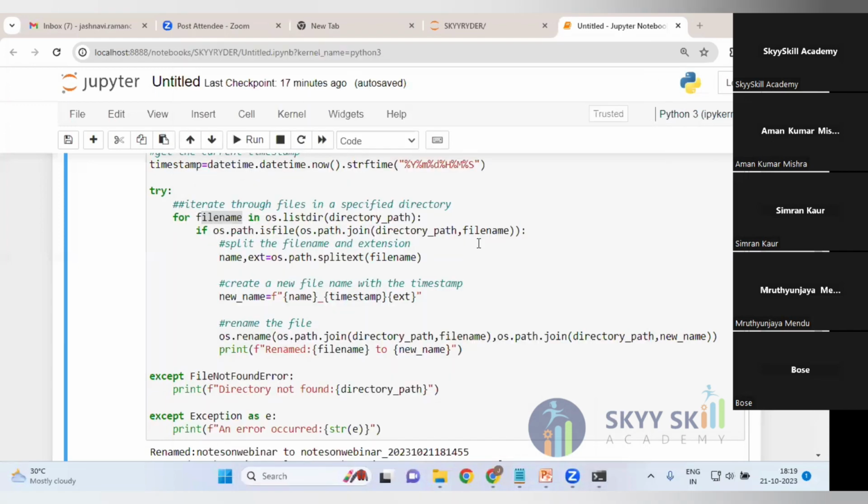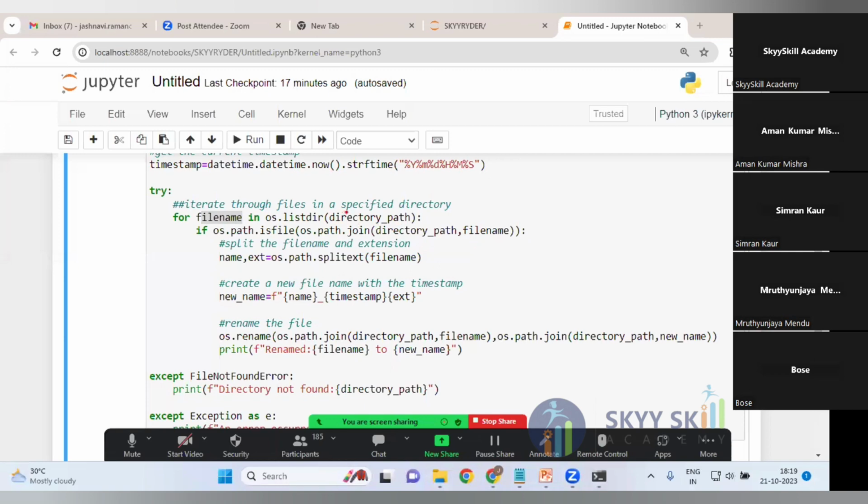For example, here in this path, there are 10 files. Okay, 10 files. 1, 2, 3, 4, 5, 6. Like some 10 files are there. For every iteration, it will fetch one file and put it into file name. So this if condition is going to check whether this file name is there in the current directory or not. If the file is there,